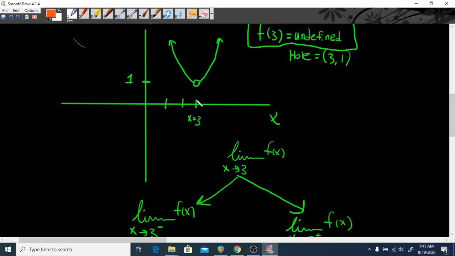Here's x equal 3. I'm going to locate my graph, and there's a hole. It doesn't matter. I'm going to go immediately to the left of 3, and sketch toward 3. This is what limits are all about: getting really, really close to the x value in question from the left and from the right,